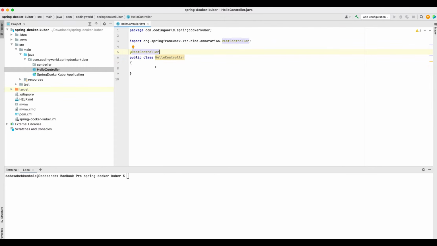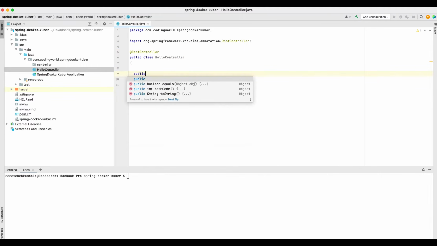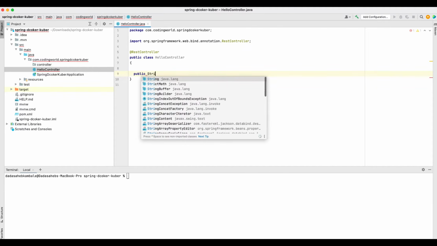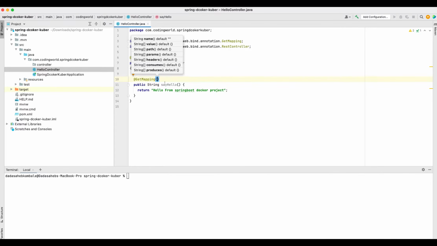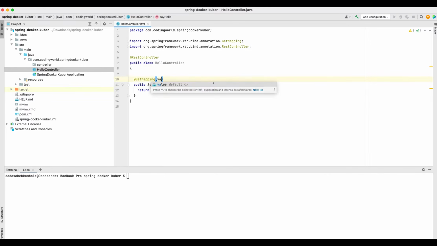I'm making a REST controller here with a basic simple GET API. So we are done with our first controller, which says hello, and we are providing a GET API.